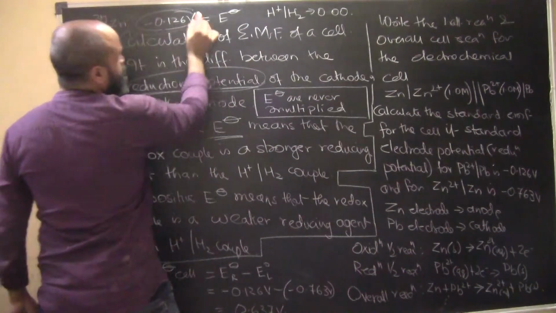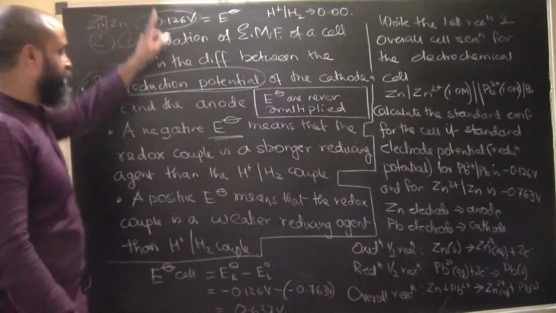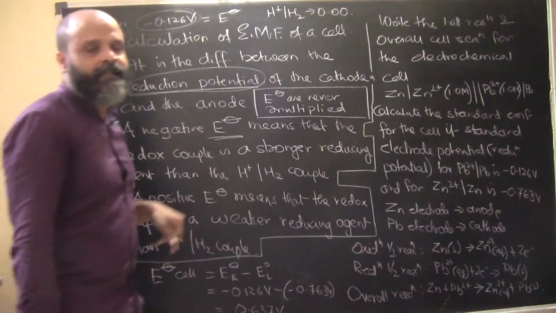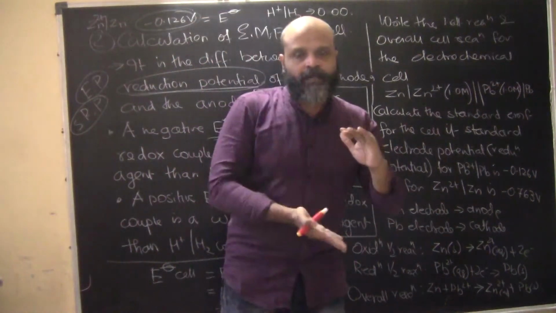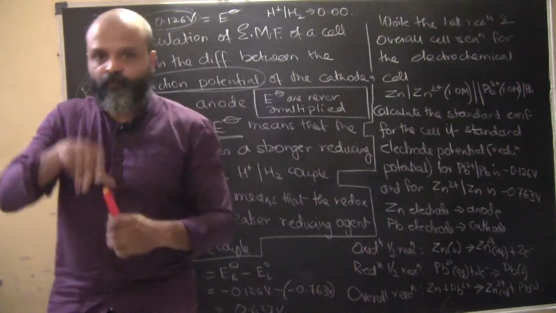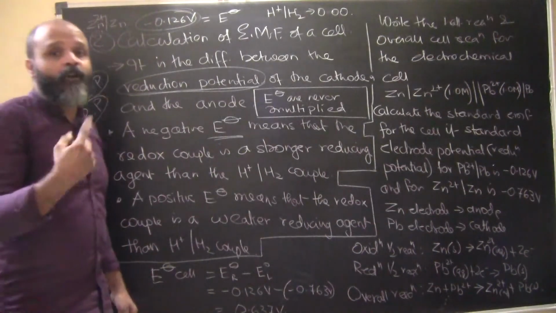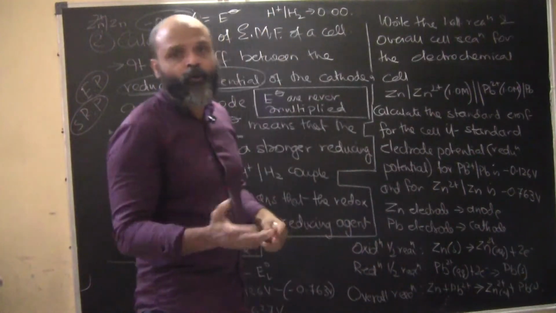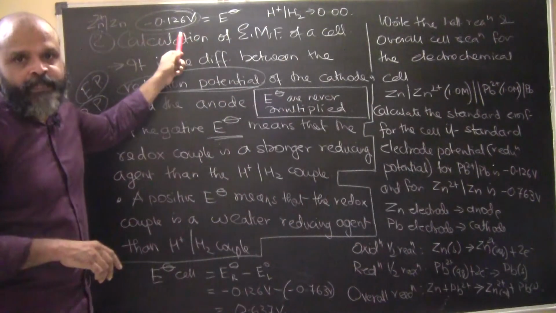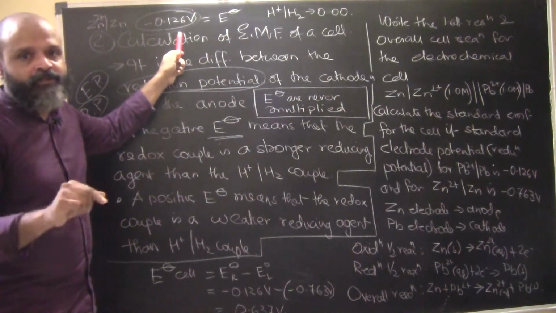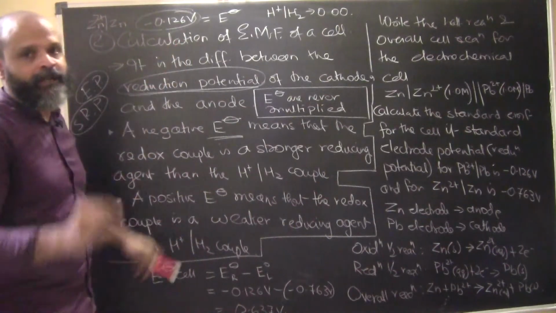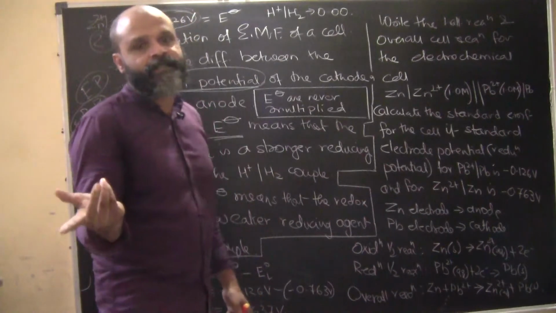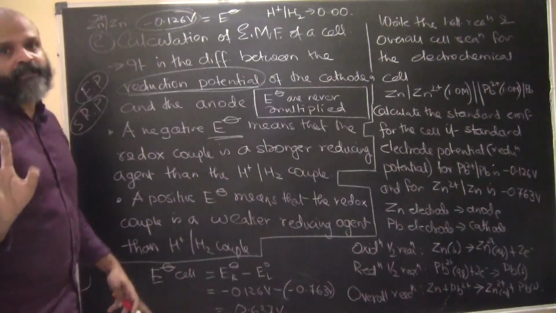So it is lesser than hydrogen, which means that it is a stronger reducing agent. We have seen in the electrochemical series, the ones which come below hydrogen are stronger reducing agents. Why? Because they are getting oxidized. They show a general tendency to get oxidized, to lose their own electrons. And if they are losing electrons, if they are getting oxidized, then they are reducing agents. The ones which get oxidized are reducing agents. The ones which get reduced are basically oxidizing agents. It all depends on the redox reaction.